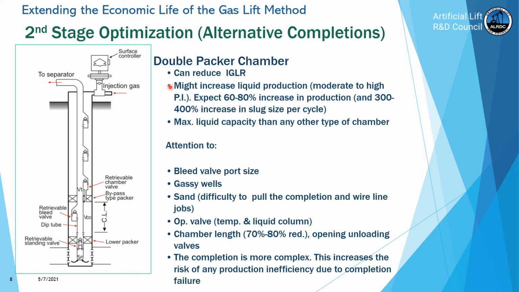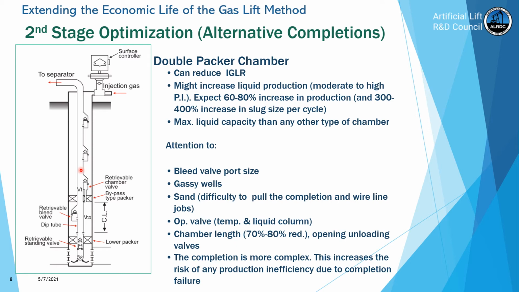Now, it is true that once all the liquid is generated here in the tubing, the liquid slug will be about 300 or 400% greater or longer than the liquid slug that we will get in a simple type of completion. But that doesn't mean that you're going to increase the liquid production by that amount. The reason is that as much as it is true that you're going to generate a very large liquid column per cycle,